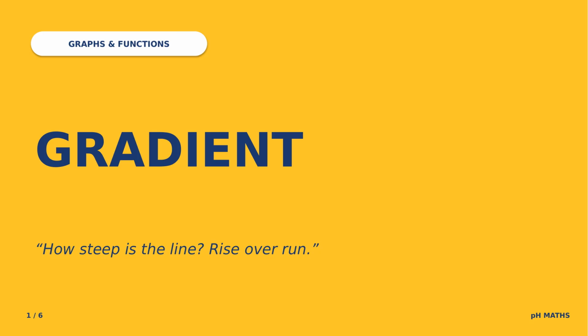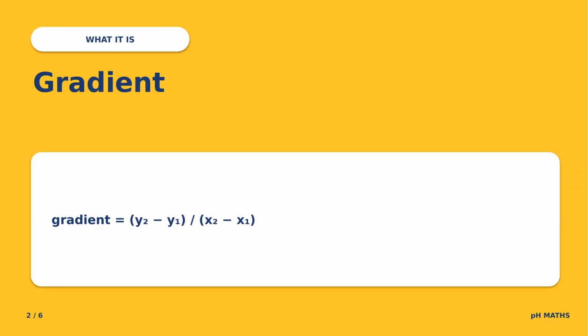Today's explainer is gradient, how steep a line is, rise over run. By the end of this video you'll know the formula, the sign convention and the trap of subtracting in inconsistent order. Definition. Gradient equals the change in y divided by the change in x, written as y2 minus y1 all